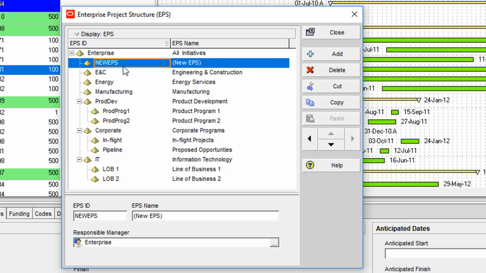So in this case, this is going to be a maintenance project. So in essence, we're creating an EPS for all our maintenance projects within the organization. So I can simply give it a particular unique code, say a short form of maintenance, and then under the EPS name, where we have the new EPS, I can simply type in maintenance